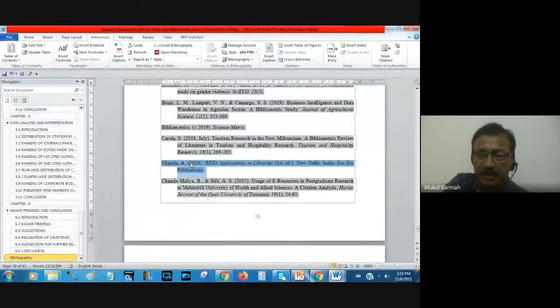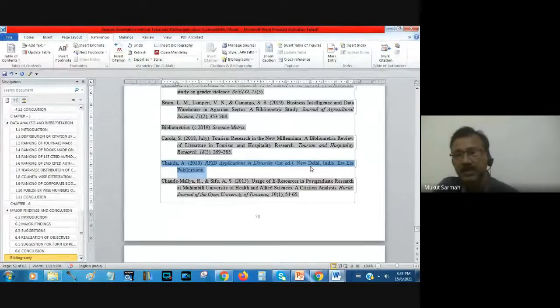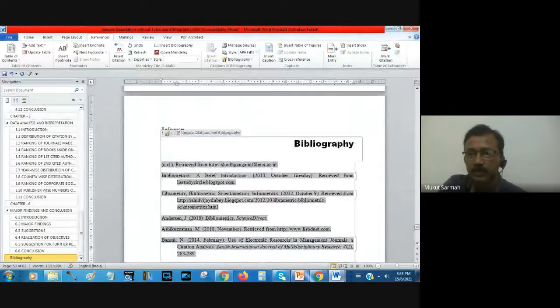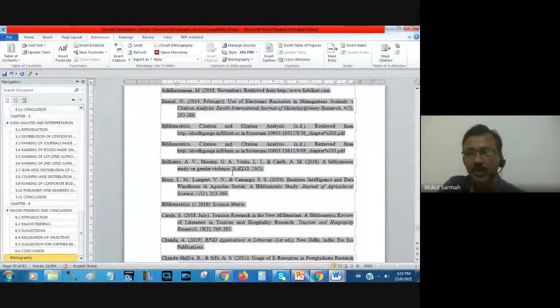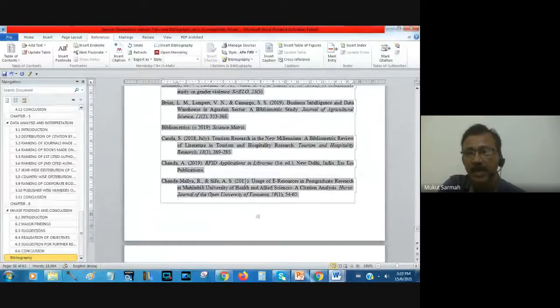Chanda A, 2019, RFID Applications in Library. That has become italic. You don't have to do anything here. It has followed the rules and regulations of APA style. New Delhi is the place of publication, you don't have to remember where to put the New Delhi. Then India, then SS Publications. So all the information has been collected from the source that we entered. Okay, now you can see the other references also, which I already did. And finally, I have got the list of all suggestions, including the new one, which I have just included. Okay, so